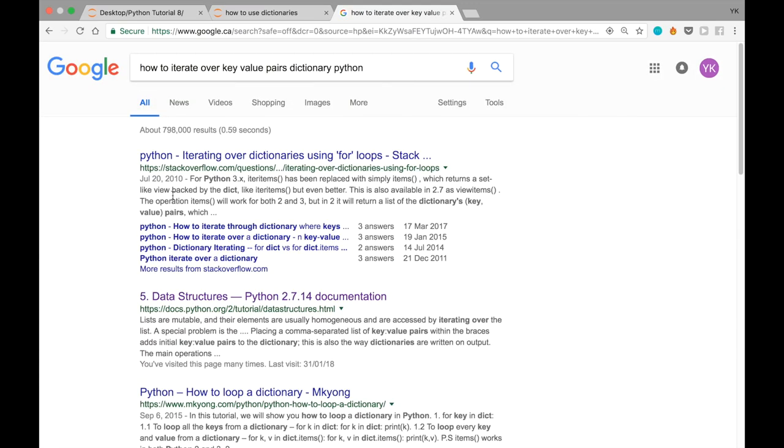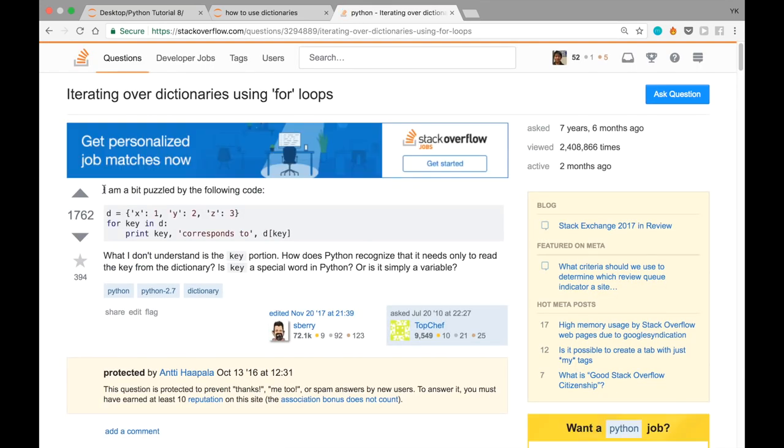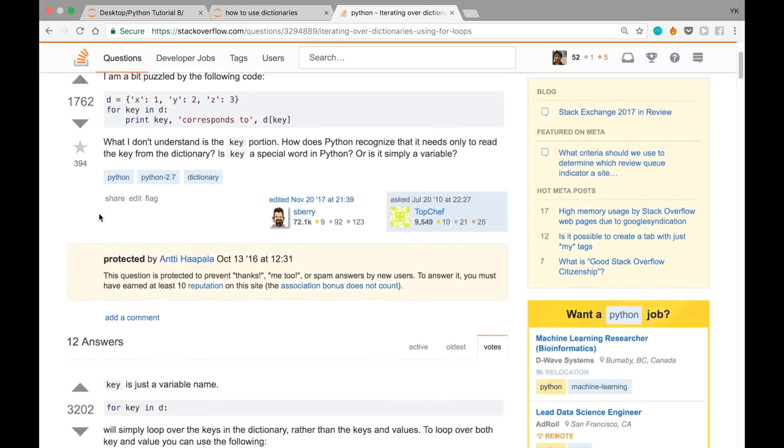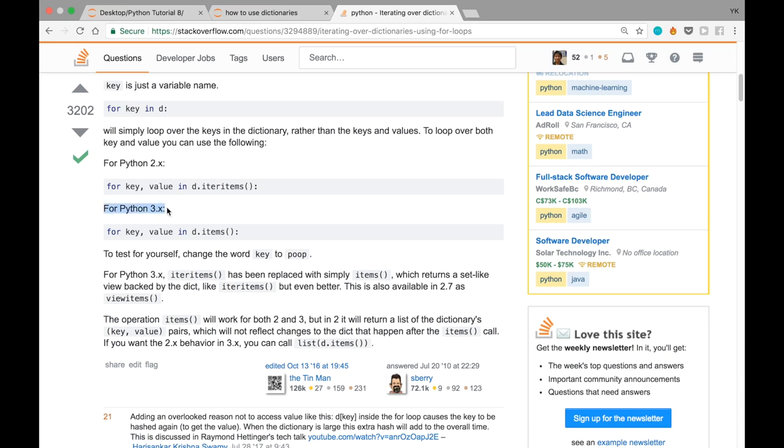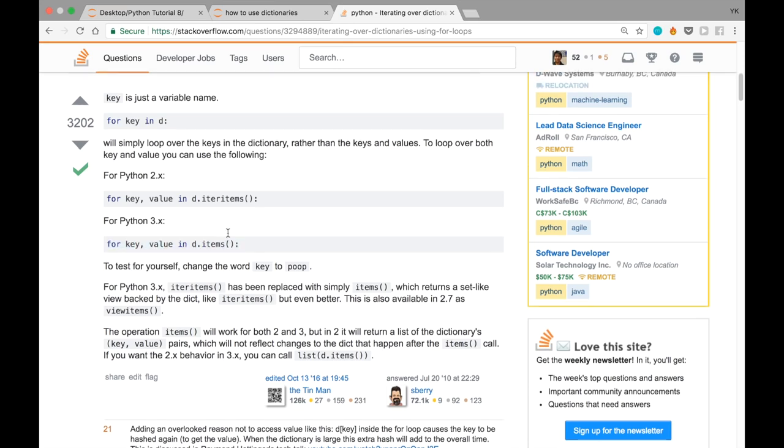Let's take a look at the first result, this one right here from Stack Overflow. And just be careful because this one is a little bit old. It's from 2010, but it might be okay. And you can see that this question is about a dictionary and then a for loop here. So I would just skim through this page and then I would try to find what I'm looking for, which is something about Python 3 probably. So it says for Python 3.x, we're using Python 3 by the way. It looks like we might be able to use for key comma value in d.items,